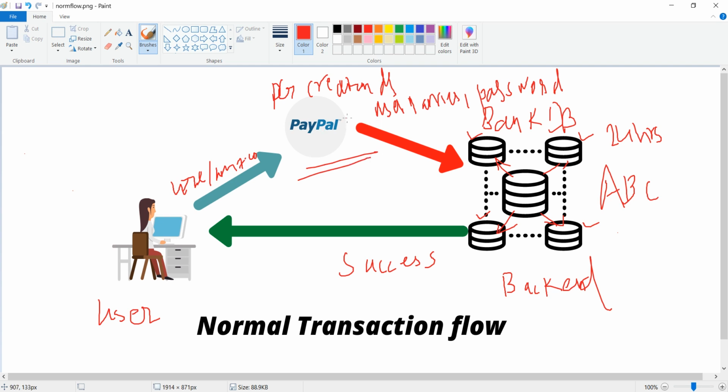Sometimes it happens that you are doing the transaction and due to some failure, a database failure, the transaction gets terminated, but the amount from the user's bank has been deducted, while in the database the transaction has not happened.